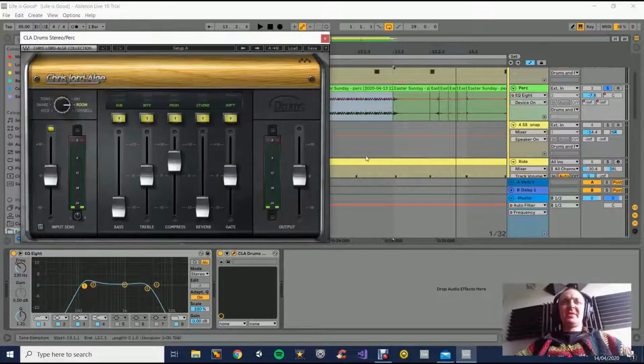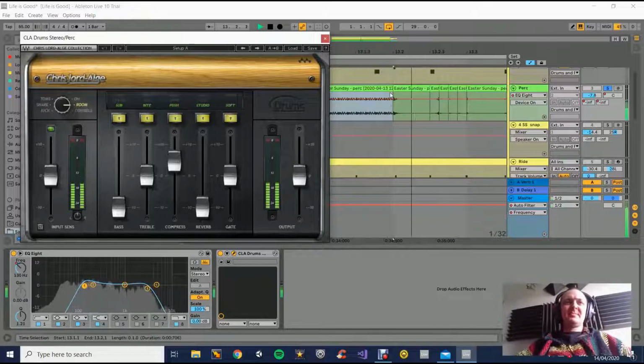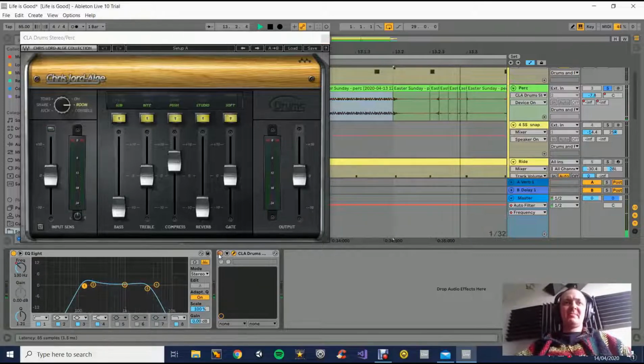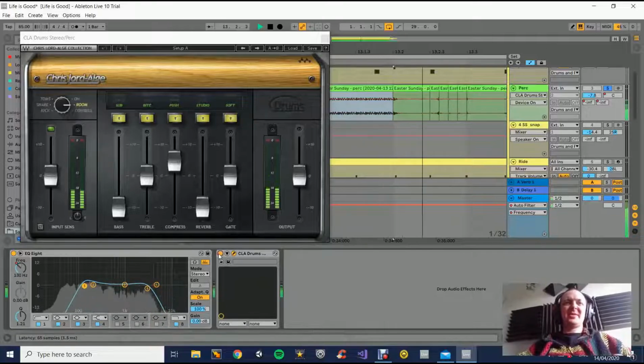Also on here I've got CLA drums, and I've pushed the compression up a little bit, taken all the reverb all the way off, and rolled the bass end off here. I've already got it off here, but just to accentuate that. So with that off, it's really just adding a little bit of compression there at the moment. Okay,